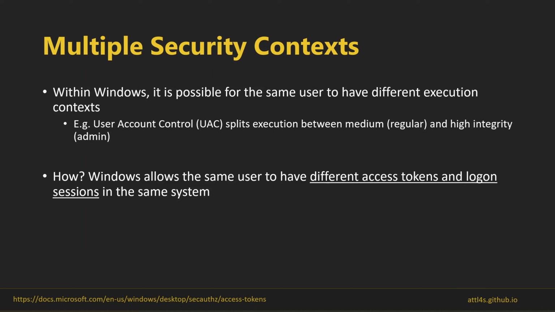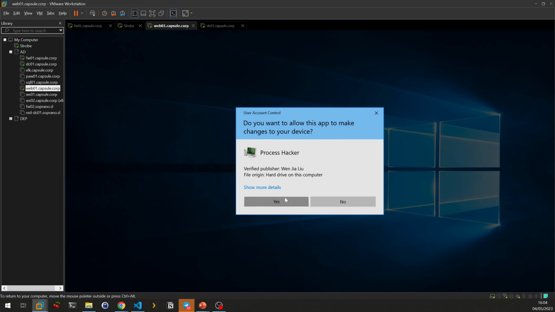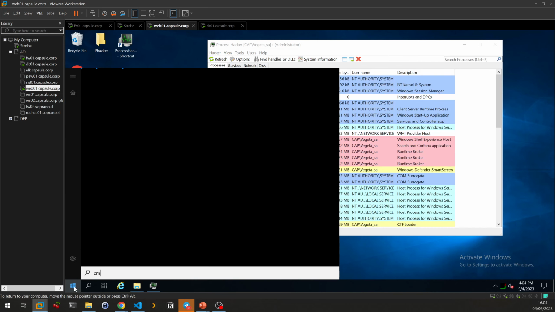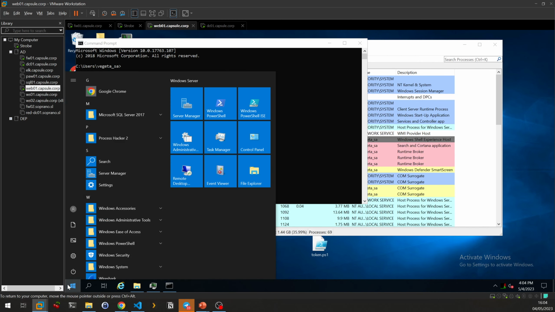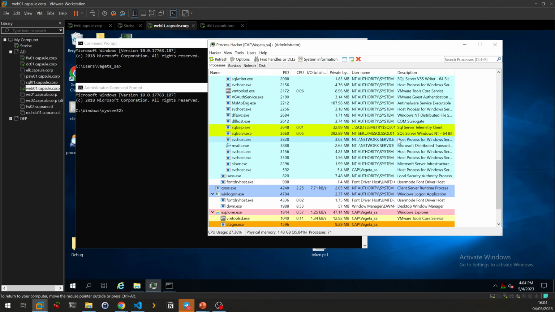So, as we have seen in Meterpreter, it is possible for a user to have different execution contexts, different tokens, and different Logon sessions in the same computer. This is very easy to understand when we talk about user account control. If we go here and we create a CMD process, and then we create a CMD process running as administrator, we're going to see that